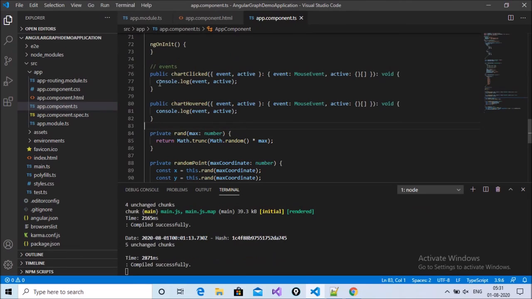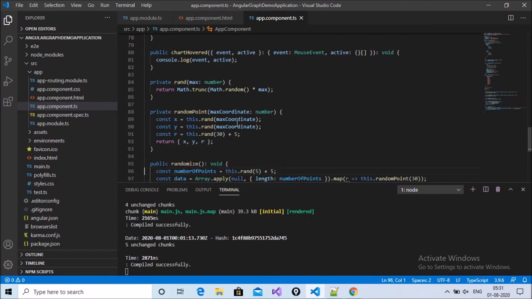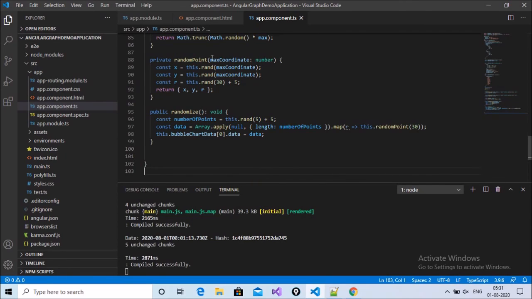Here we write the chart click event and chart hovered event, two functions. The third is the rand function, used for setting dynamic values, then the random point function, and last the randomize function. All events and the randomize function are written here. Just save this code and compile your application.